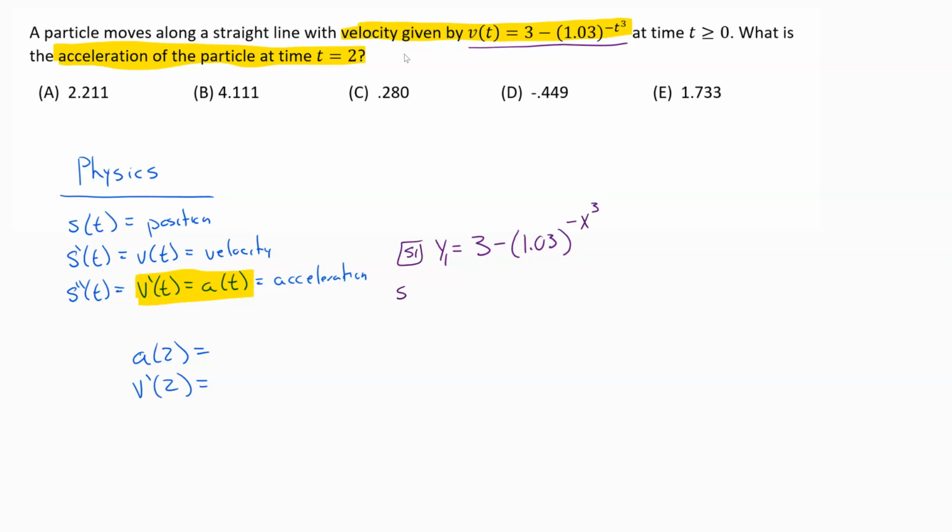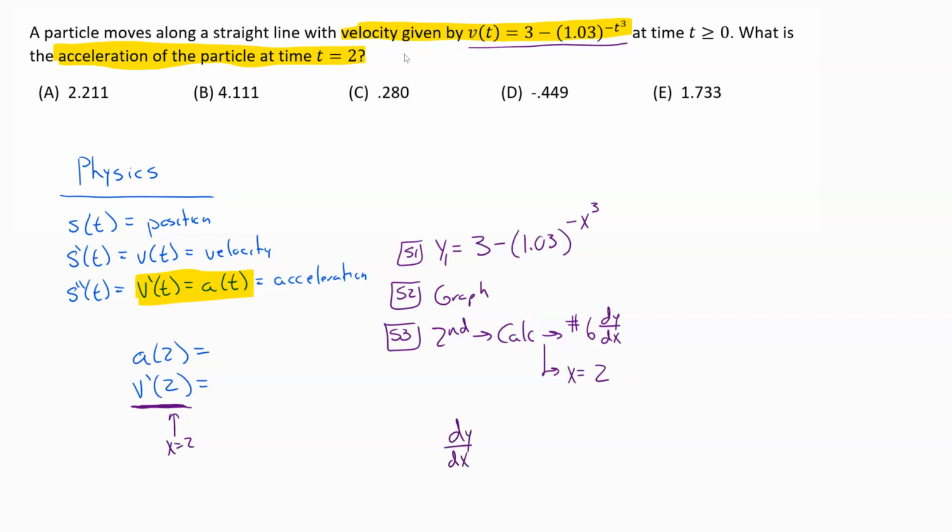So that would be step 1. Step 2, go ahead and just hit that graph button. And then step 3 of the process, we're going to hit second calc. We'll choose the calc menu, and inside that calc menu, we're going to choose the number 6 option, dy/dx. From there, we're going to plug in the value we care about. We're looking for the derivative of velocity at x equals 2. So we'll type in 2, we'll hit enter, and at the bottom of the screen, it's going to say dy/dx equals